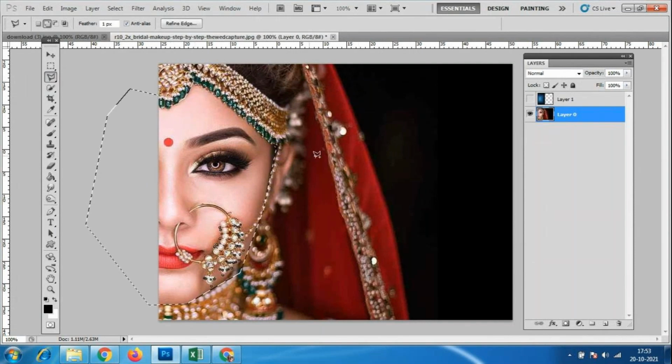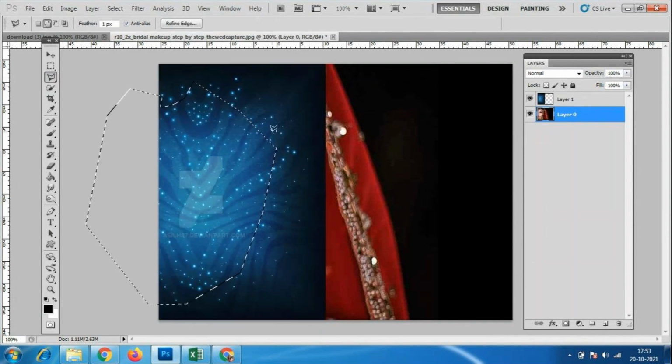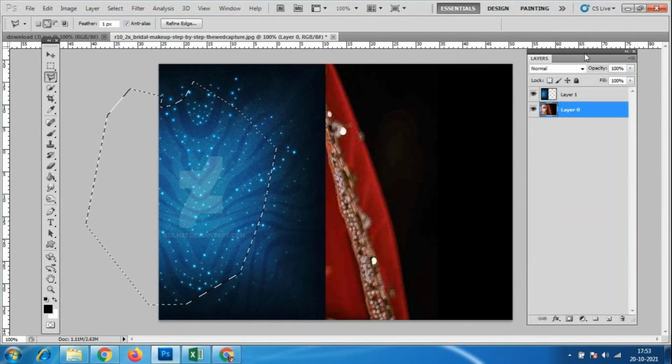Here we have the texture, which is already in the texture layer. In the layers panel we have multiple options. You already know creating a new layer and deleting a layer, and we have an option called mask. How will this mask work? Add layer mask.